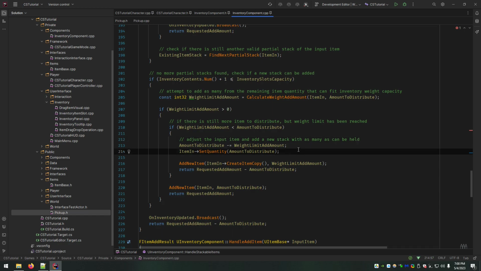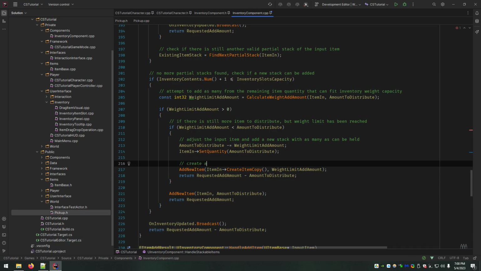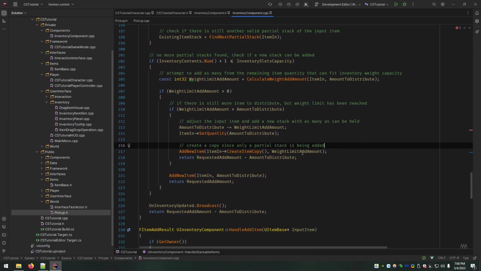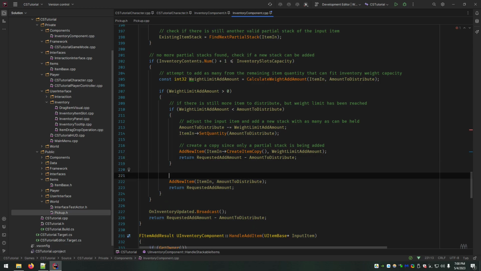We're just going to add as many as we can. Create a copy since only a partial stack is being added. And again, I already explained this, but you don't want to have this memory reference being both the pickup on the ground and the thing you're just adding to your inventory. Otherwise, the full remainder of the stack can be added.